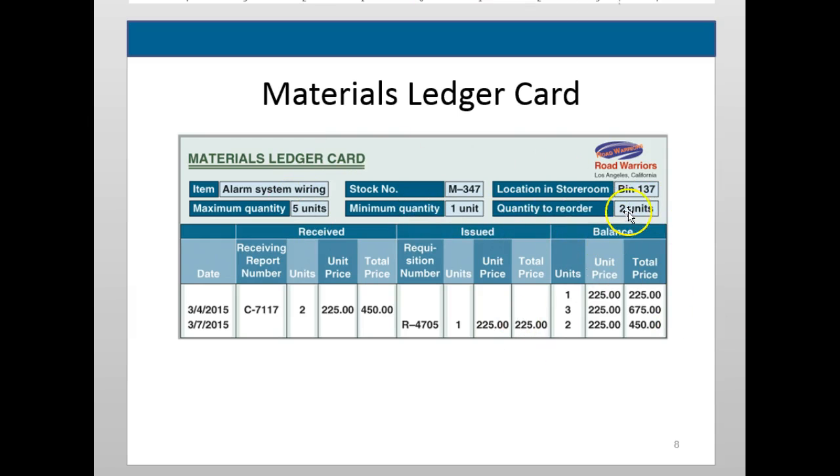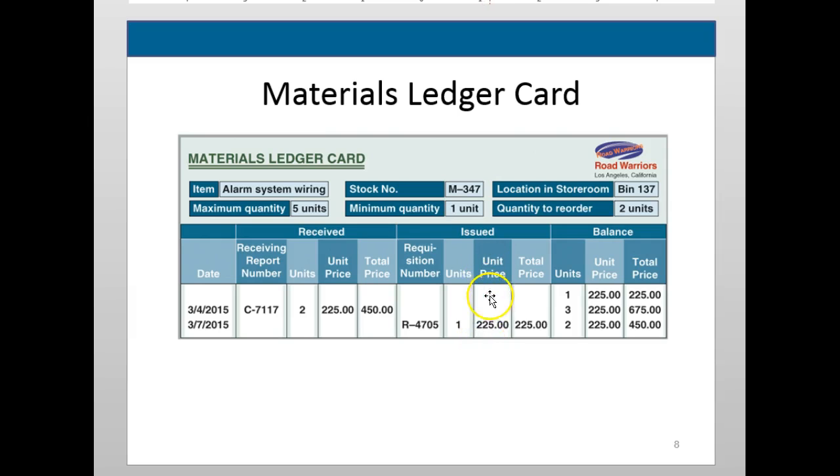So all of this is kind of built into the computer, so you don't really have to go through and check all your materials. It should pop up in the computer and spit out an order when it's needed. And then you can see down here, this is just pertinent information about it. This is the unit cost, how much that total price is, same thing. And you'll get down here,